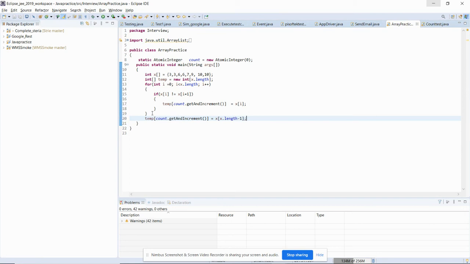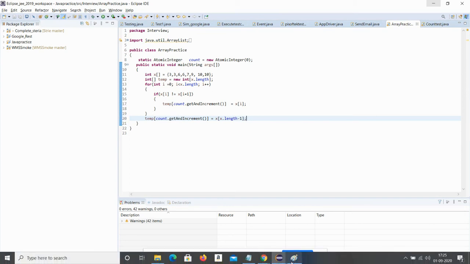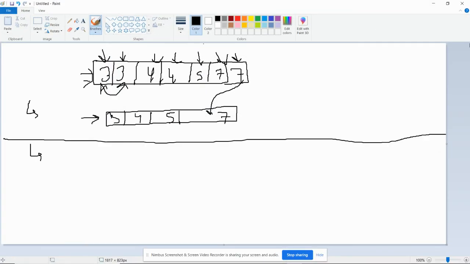Suppose the numbering in Java will start from 0: 0, 1, 2, 3, 4, 5, 6. If I want to store the last element, actually this is on the 7th position, but indexing will be 6.